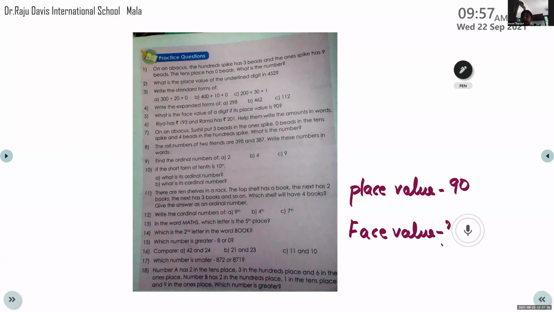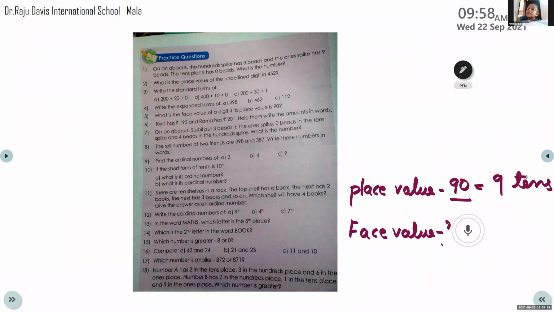Nine? Oh, very good. For 9, it is 9. What is the face value of any digit? 90? No, my dear. Face value of a digit is the digit itself. For example, face value of 1 is 1, face value of 2 is 2, face value of 3 is 3, whatever may be the place of that digit in a number, face value remains same. So here place value depends on the place of the number that we know. Place value of a number is 90. 90 is equal to, can we write 9 tens?